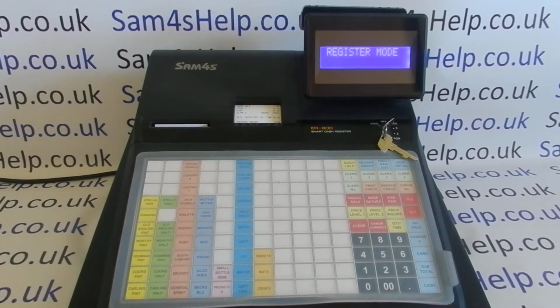So if we look at the X reports to start with, one of the confusions with tills is the difference between X and Z. Simply put, X is read only and Z is read and reset. So you would run an X report to see how you're doing effectively. They're also called flash reports. You might use them to see how much money you've taken so far in the trading period,